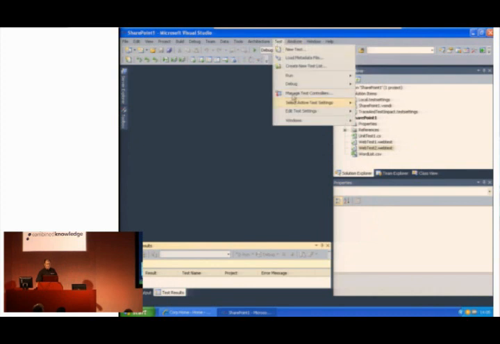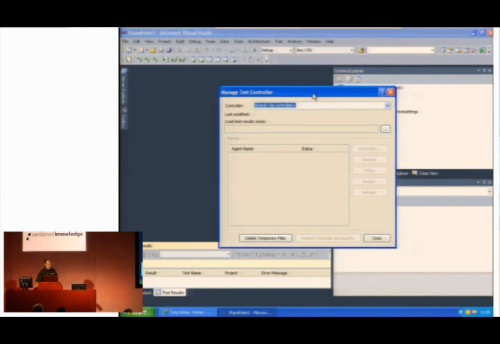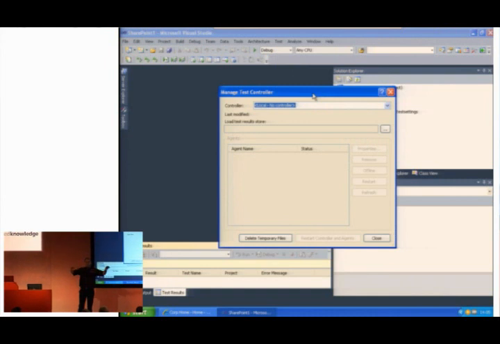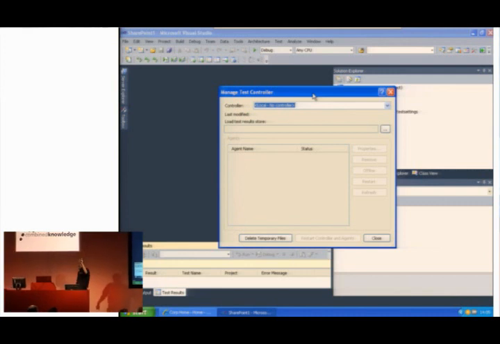Under test, you'll notice that we've got manage test controllers. And in our test controllers, this is where we can specify which agents we want to use if we're using multiple machines to act as clients, if I want to have, say, 20 clients pushing data at the server rather than one. And then I can also specify here where the database is that I want to use for that